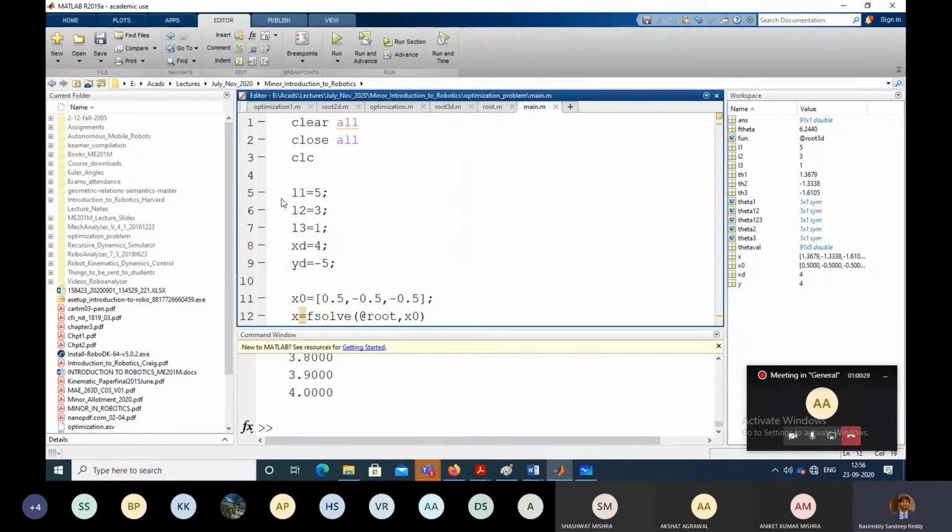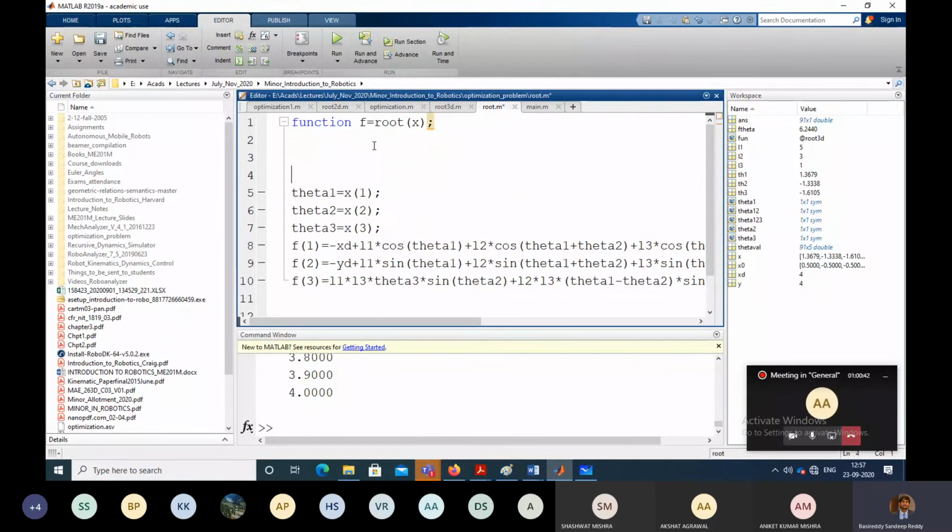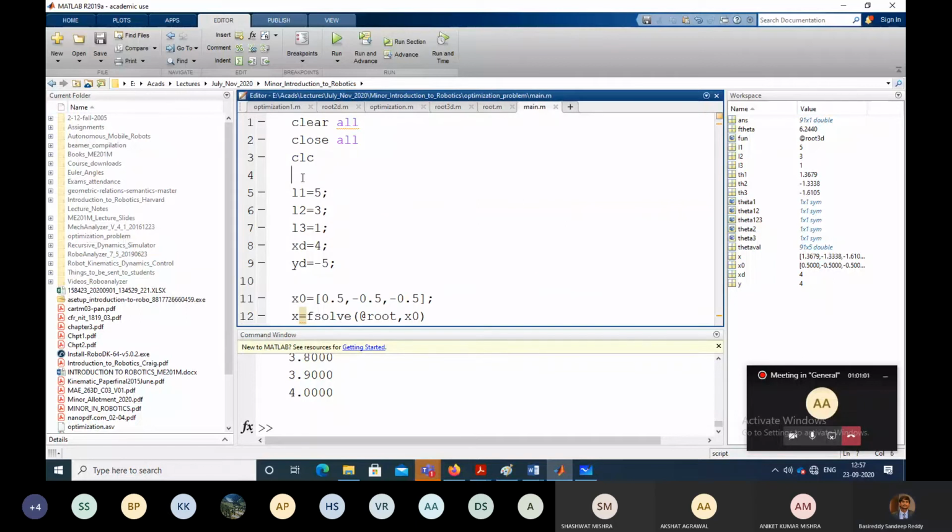And also you want the values that are here, this L1, L2, L3, to be read by your function file, because here also you have XD, L1 and so on. So what you do is you write something like this. This means that these values are basically global values and they can be read by any of the function files. So just click save here. Here also just type global XD, YD, L1, L2, L3.